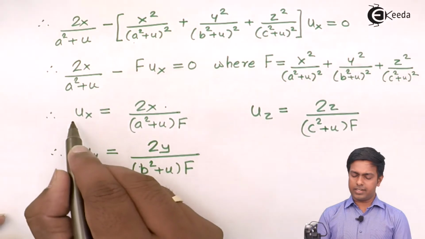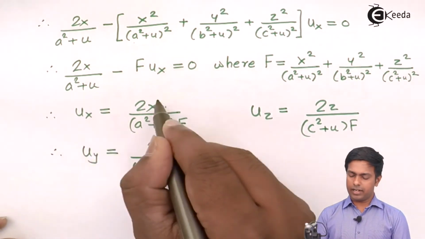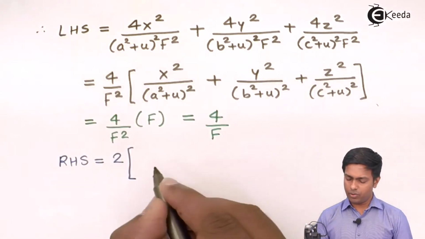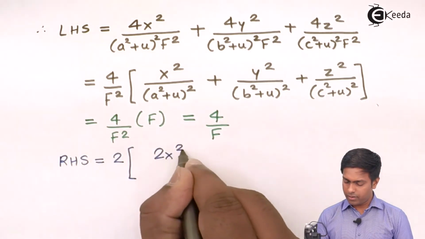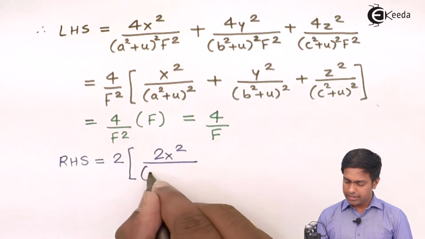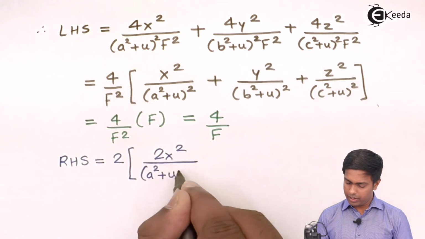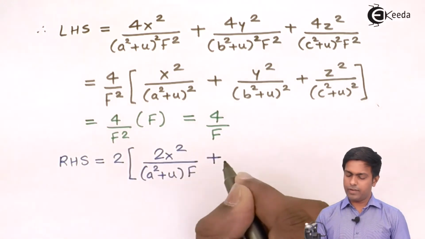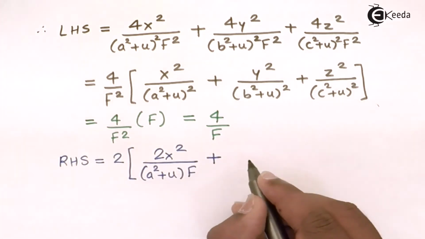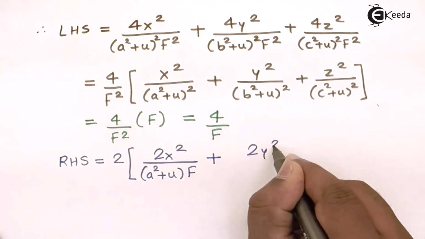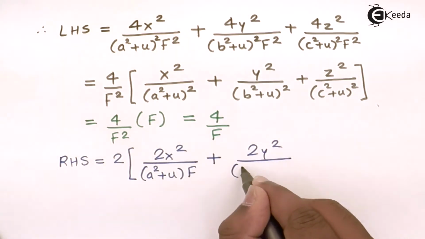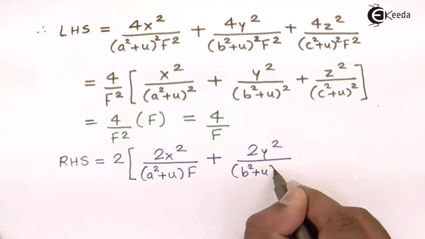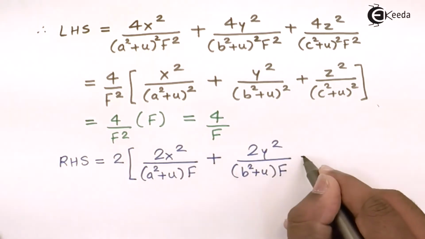If I multiply this with x, here I'll get 2x square. I'll write down 2x square upon a square plus u into f. Similarly, for second term we'll multiply with y. We'll get 2y square upon b square plus u into f plus,